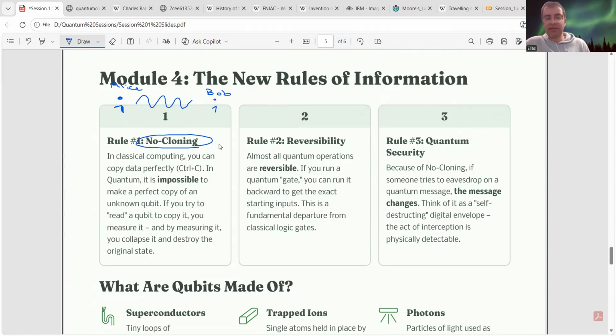But if someone, an attacker, tries to measure this, they will actually destroy this wave, because it will collapse to either 0 or 1. And then Bob will realize that an attacker here tried to measure it. So they will discard that bit. So what I want you to memorize is that as soon as someone tries to measure this qubit, it will collapse. So everybody will know that somebody tried to measure it or somebody tried to intercept this bit or this qubit.